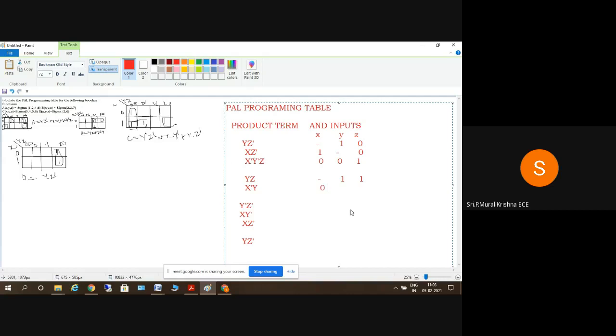And X bar Y is 0 1 dash, and Y bar Z is, sorry,